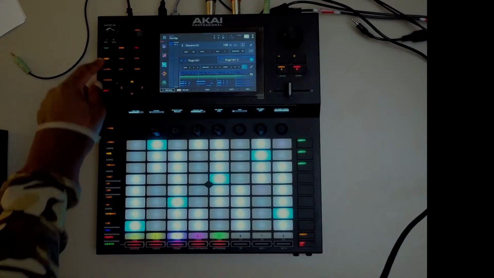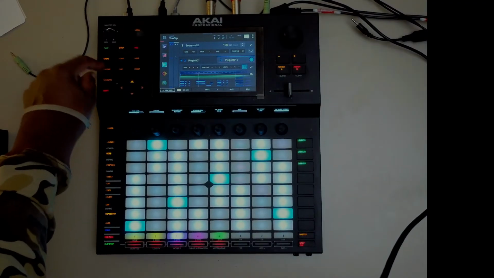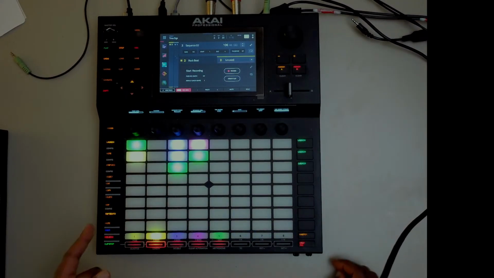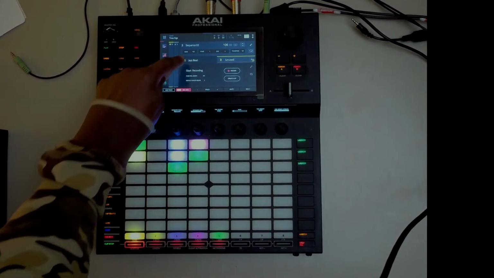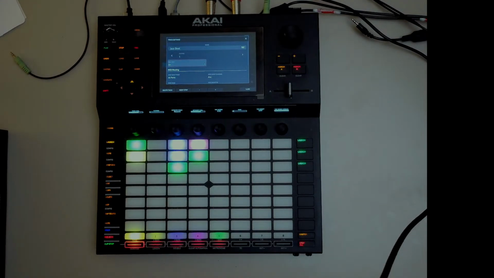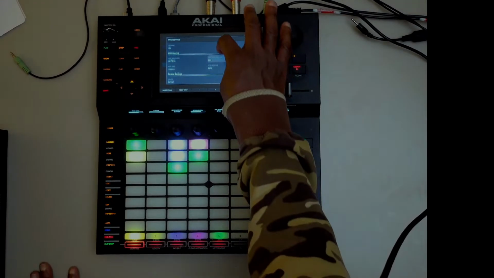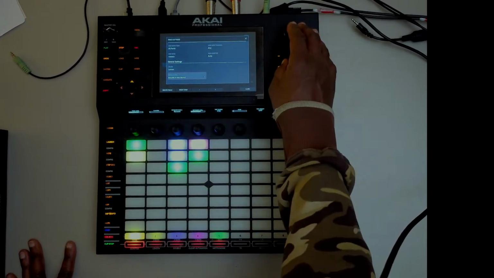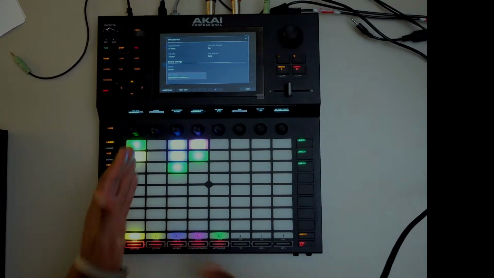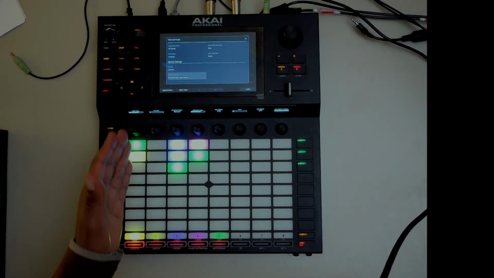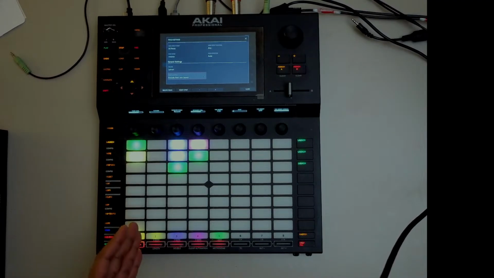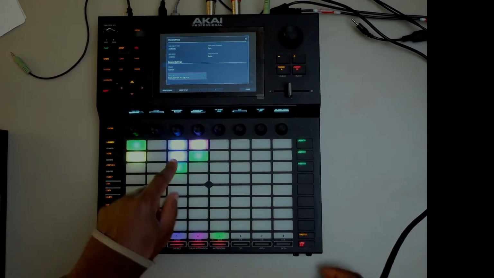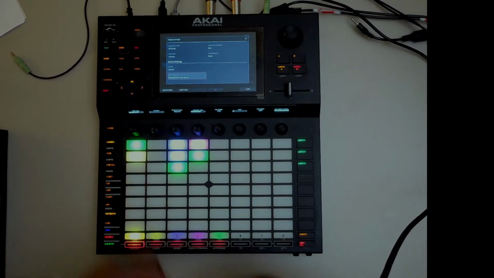So let me go back to what I was going to show you, and this is how you can kind of humanize and make it seem like you're doing some really fancy stuff. I'll get this track here, so I'm going to go into here, so I'll hold that, and then I'm going to say that this here, I don't want this to be affected by what I'm going to do here. So now, when I'm playing this, this is going to play and mind its own business no matter what I'm doing here, right? I'm going to say these two can carry on doing whatever they're doing.